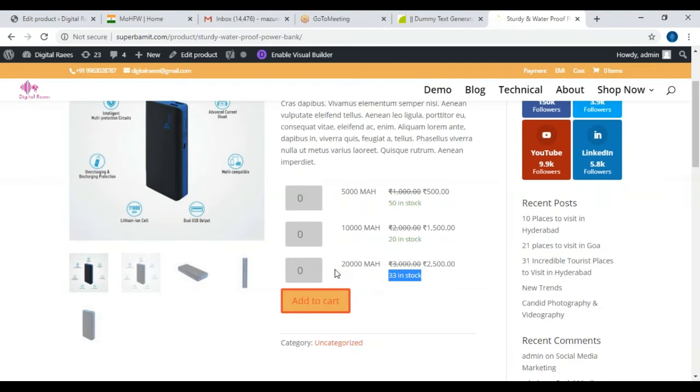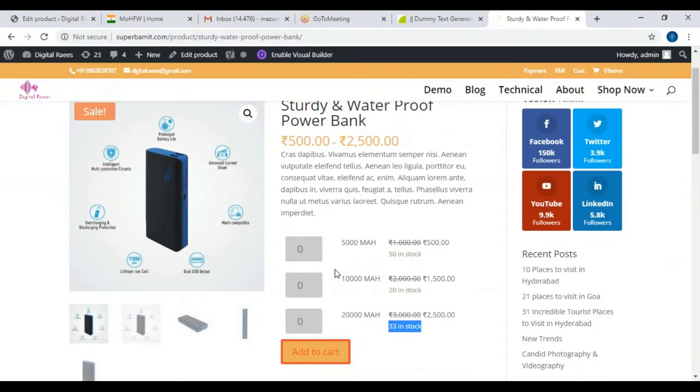If anyone is searching for a power bank, he or she might be searching for, say, 5000 mAh. If you're creating an individual listing, that person looking for 5000 mAh will come to that page and purchase it.